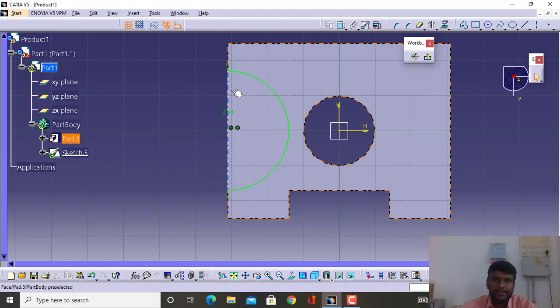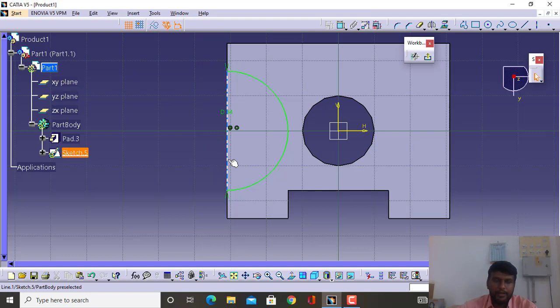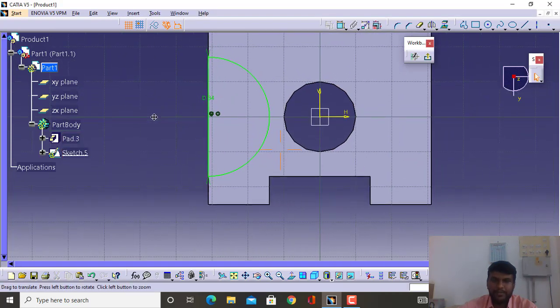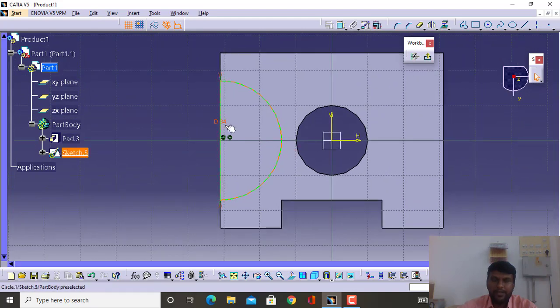Otherwise there is some dimension that we need to define. See this line is in white color, so select this line and this line and go to constraint dialog box and select here coincident. So once you coincide these two lines, then it becomes green.